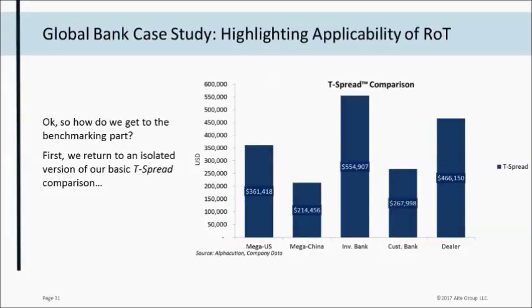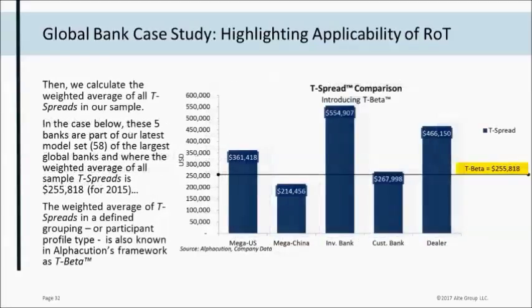So now here we isolate the T-spread again just to level set, and here we launch into the benchmarking part. The benchmarking part is when we take our current sample of 58 individual models, 58 individual T-spreads, and in each case over